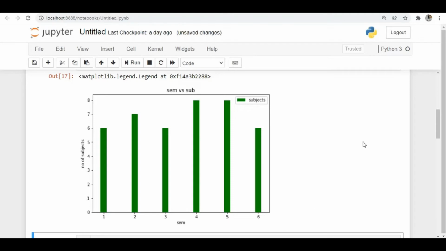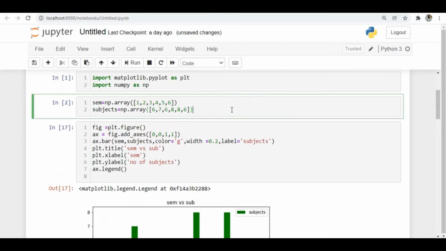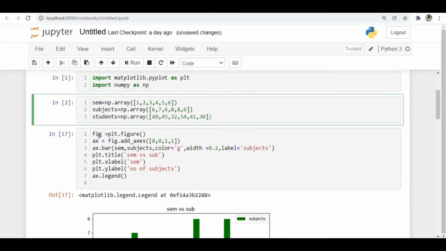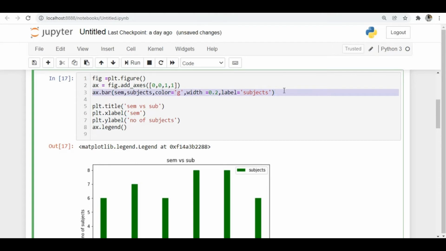So let's see that. Here I just have another data, the number of students: 40, 45, 32, 54, 41, 30. Let's take that as an example. So just run this, and similarly to how we plotted here, x as the bar of sem, with subjects, here I will just copy this,